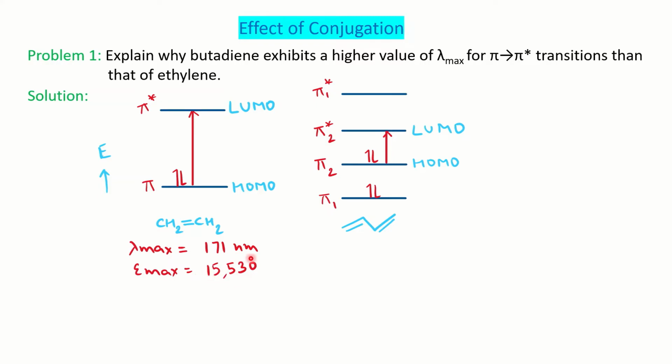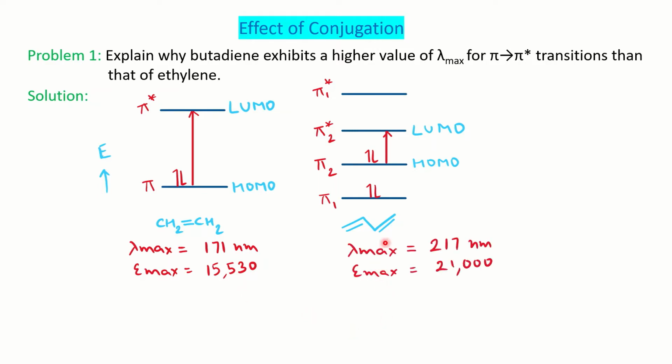What do you mean by an allowed transition? It means the transition is between the same orbitals. Here it is pi to pi star, and both are the same orbital type. It's not sigma to pi, and it's not n to pi. n is a different orbital, sigma is a different orbital. So pi to pi star, the same orbital, is an allowed transition, and therefore the intensity is high here.